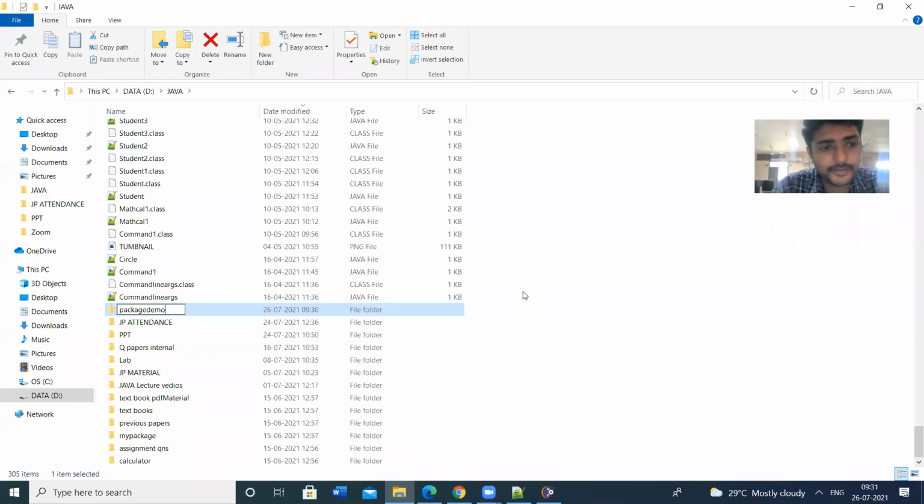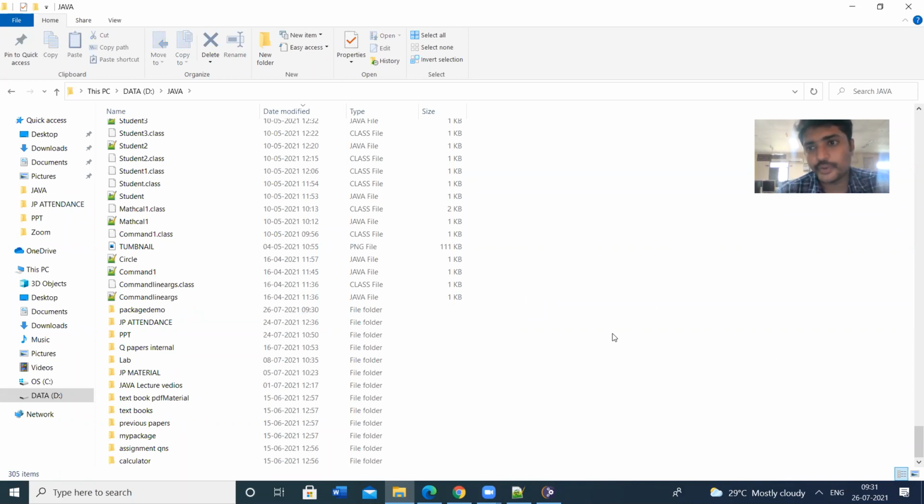Let us take the package name as package demo. So I have created the folder, and the folder name is package demo. This is the first step we have to do. The package name should be equal to the folder name.